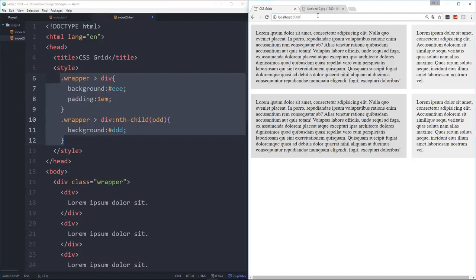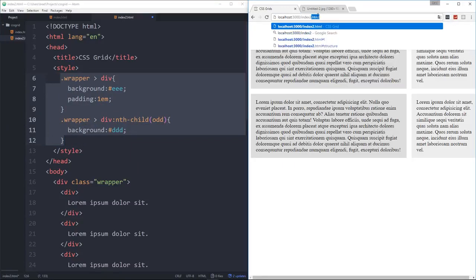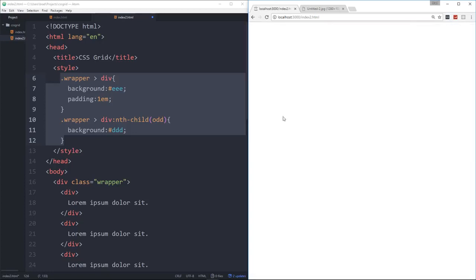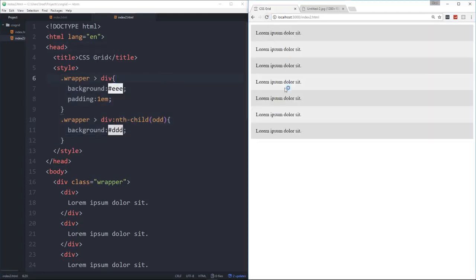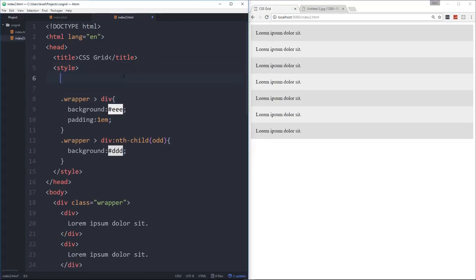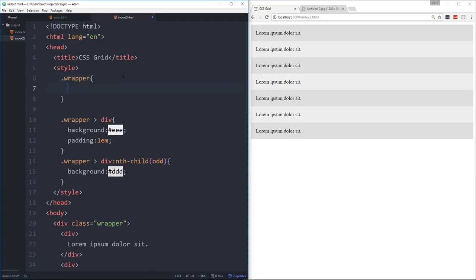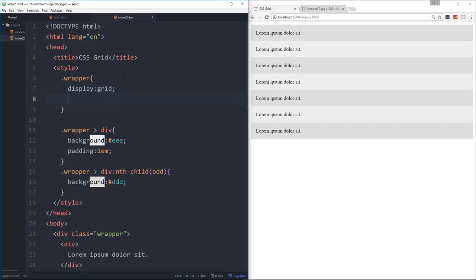Okay, and then let's go to /index2.html. Let's see, did I save that? There we go. All right, so we haven't done anything with the grid yet. So let's go up here and let's say wrapper, and let's do display grid, and then again we're going to do our template columns. So we want to do grid